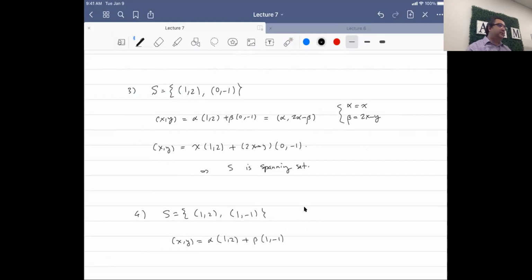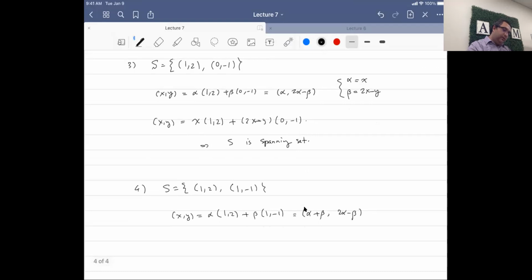I define a concept, and naturally, it's about solving the system of equations. So here's the system: alpha plus beta equals x, and 2 alpha minus beta equals y, which you can solve by elimination, for instance, Gaussian elimination. You can add and get, in this case, 3 alpha equals x plus y,